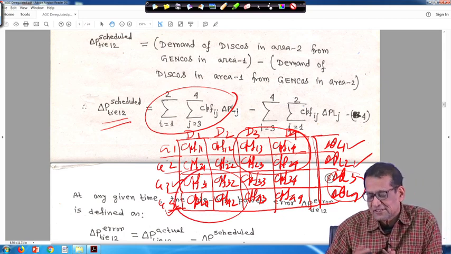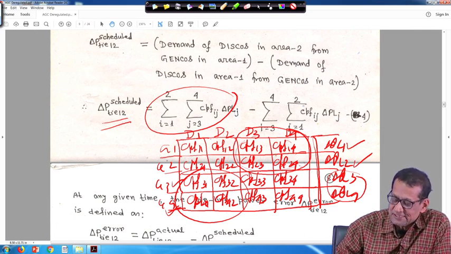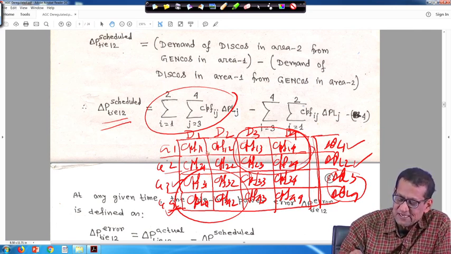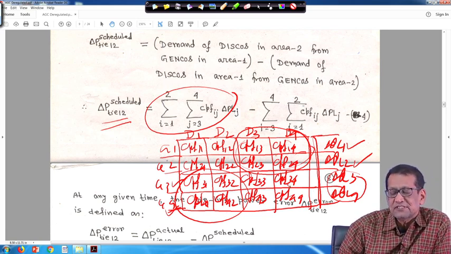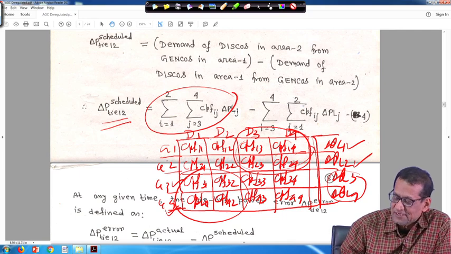Because of that, which power will flow through the tie line, only these blocks are necessary. The other two blocks are where distribution companies have contact with their own generating companies, that is the same area. So first you consider this part, minus this part, and just block it.